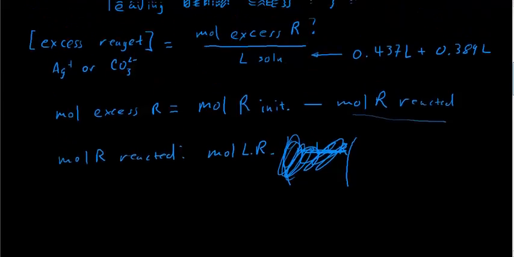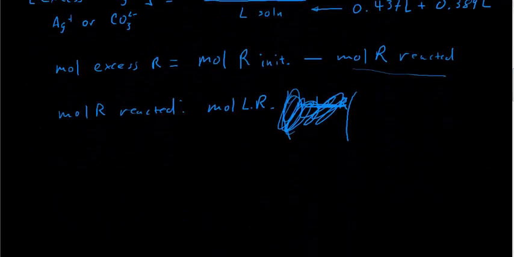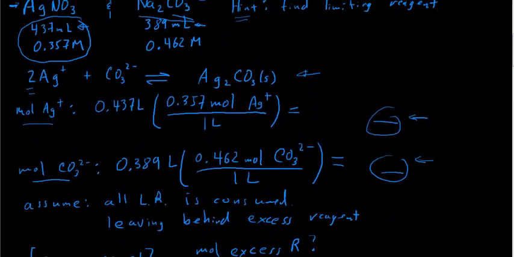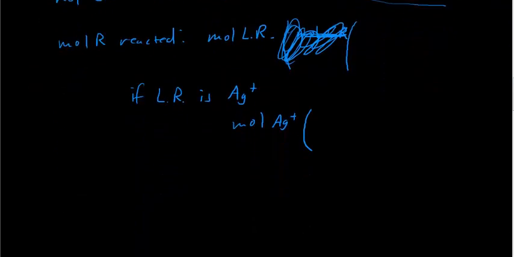So up here we were told, for example, let's say that our limiting reactant was silver. So if the limiting reactant is silver, and it may or may not be for your particular problem, so this is just an example, then we would take our moles of silver cation and we would multiply that by the reaction stoichiometry. So the reaction back up here tells us that there are 2 moles of silver for every 1 mole of carbonate. So this tells us that there is 1 mole of carbonate that reacts for every 2 moles of silver